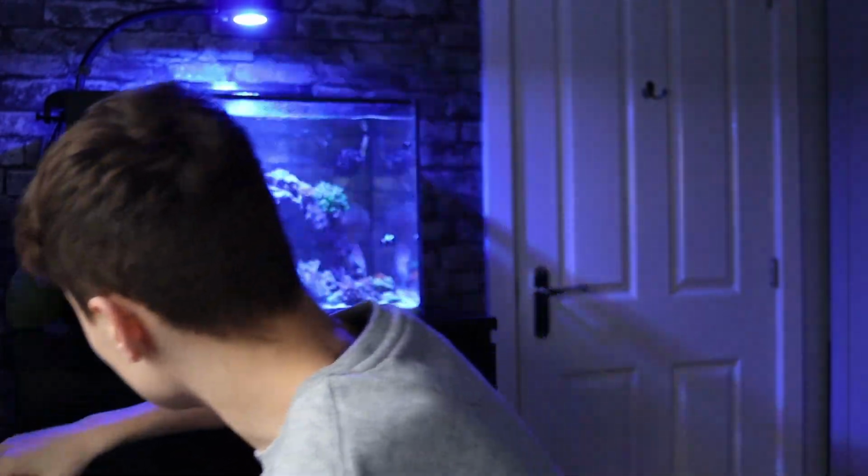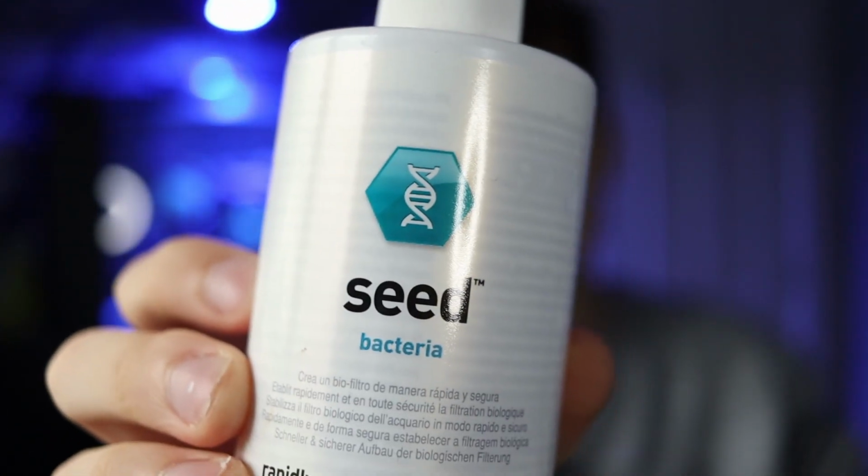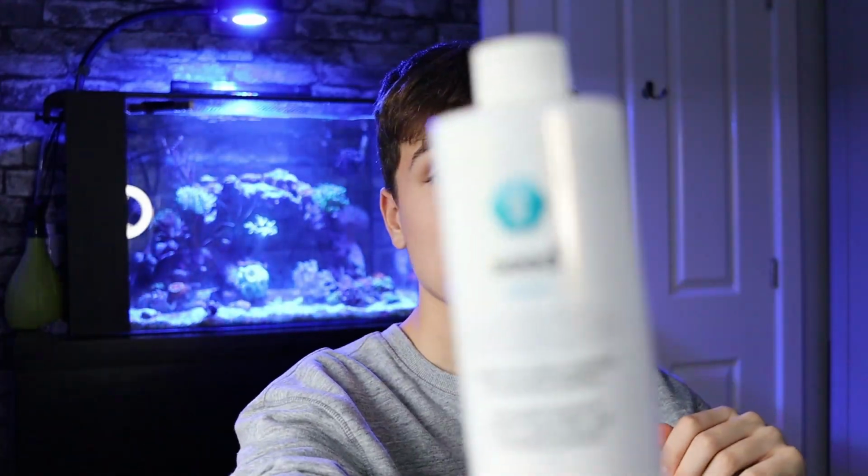For starting out this aquarium back here, I used this stuff. Let me quickly get it. This stuff here, Seed, I've still got it from the start. It's an amazing product that helps cycle your aquarium. There are lots of other products out there, but this is the one that's worked for me. I've still got some, and every now and then I'll dose a bit of Seed just to boost the bacterial